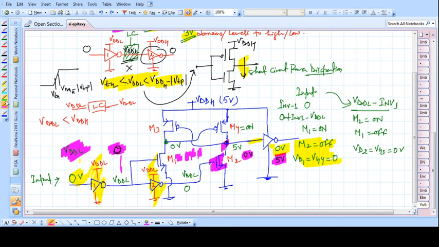Okay, similarly when we are giving the 0 volt, M1 on, so this one will become 0 volt, so M4 will have channel formation, so this voltage will be 5 volt and this will be 0 volt. For the 0 it should be 0. So for the low value of VDD-L, we are giving the VDD-H. So this one is the simple low to high voltage converter.